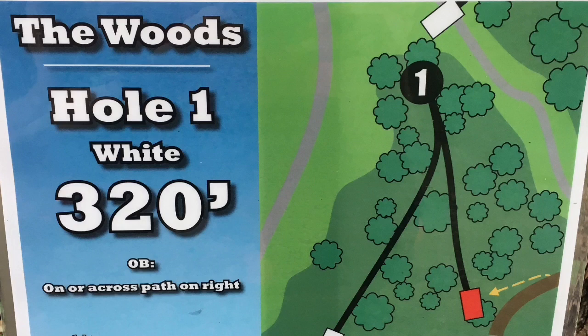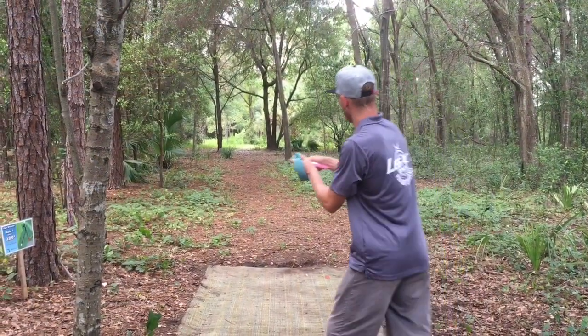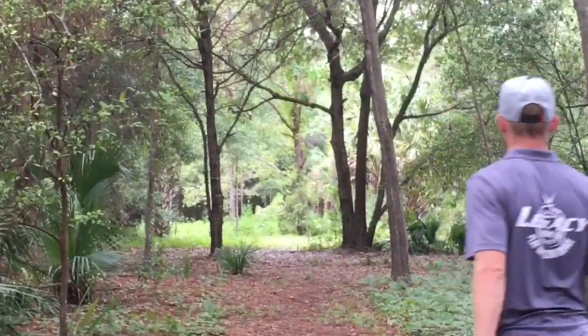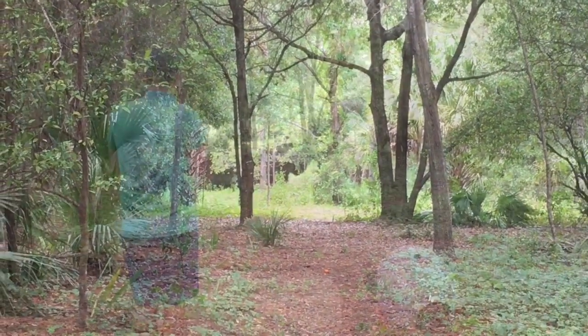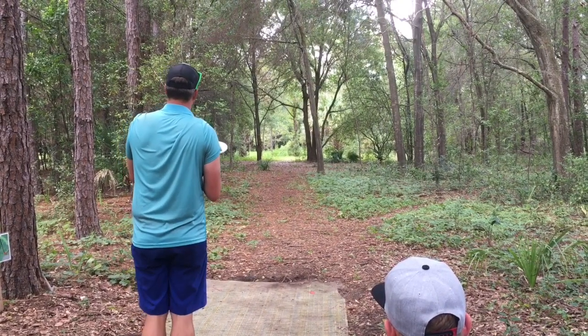There's two ways to play this hole: an aggressive backhand hyzer trying to skip up the gap. It's a low ceiling, tight tunnel all the way down there. So this is about the only way you can get a shot to the green, and he put a good line on it. There's just a couple trees in the middle of the fairway that just kind of knocked his